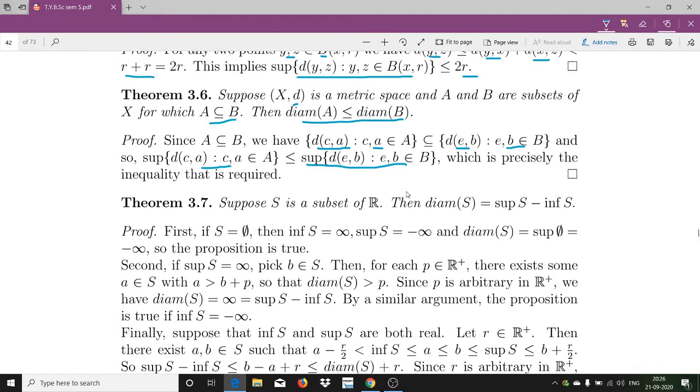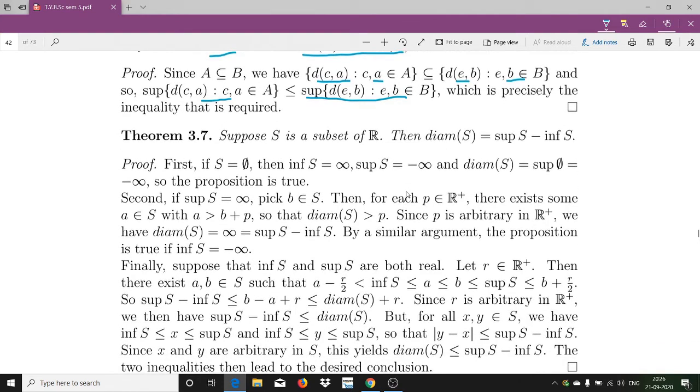And a very nice example, if you want to give in the set of real numbers, you can consider your set B to be the open interval (1, 5), and say your A is the open interval (1, 2) union the open interval (4, 5). In that case, A is a subset of B, in fact a proper subset of B, but the diameter of both the sets will be equal. That will be 5 minus 1, which is equal to 4. You can work that out. I'll go to the next theorem.